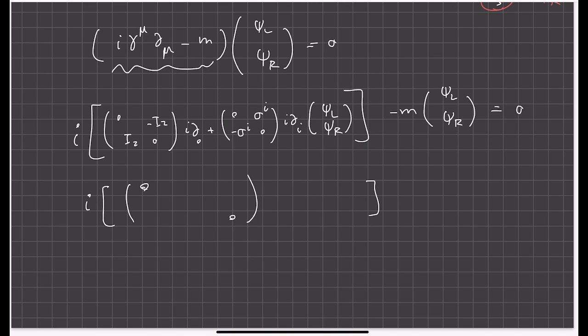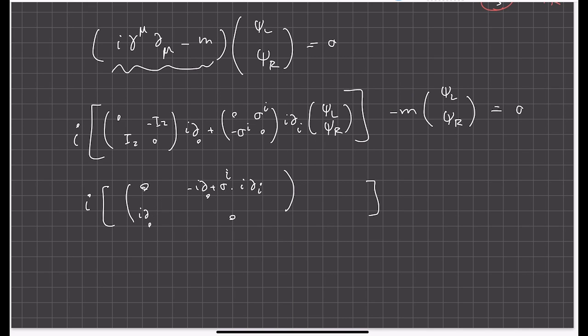And then there is minus I 0 plus sigma I dot sigma I dot I, the ith derivative of the ith component of the derivative. And on the other hand, I have I0, ID0 plus,